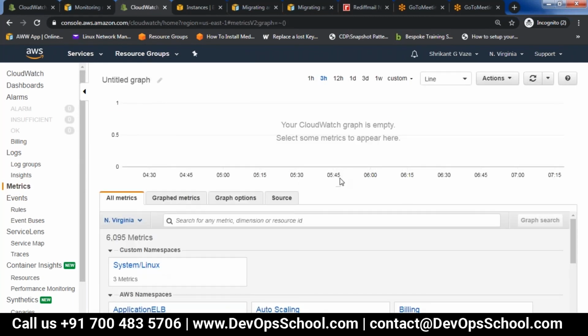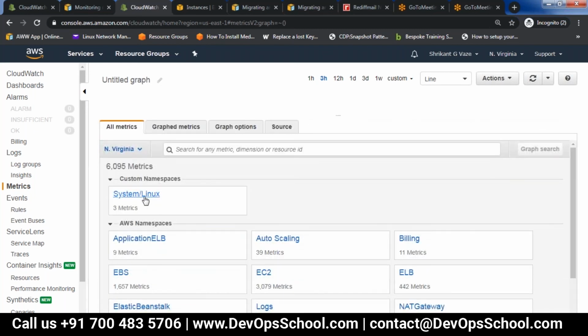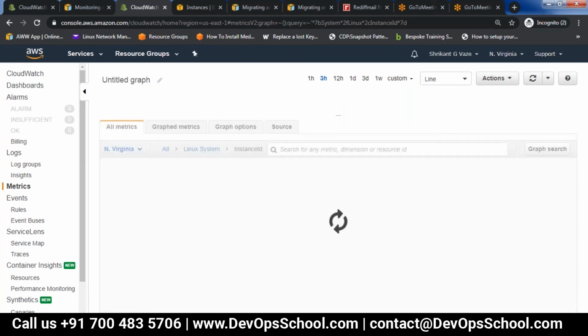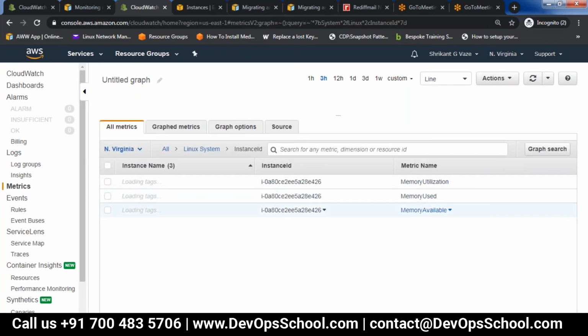If you see here, there is an additional metric now which was not there earlier. This is that System/Linux metric. This is called a custom namespace, and these are default AWS namespaces. If I click here, I will see those metrics: memory utilization, memory used.